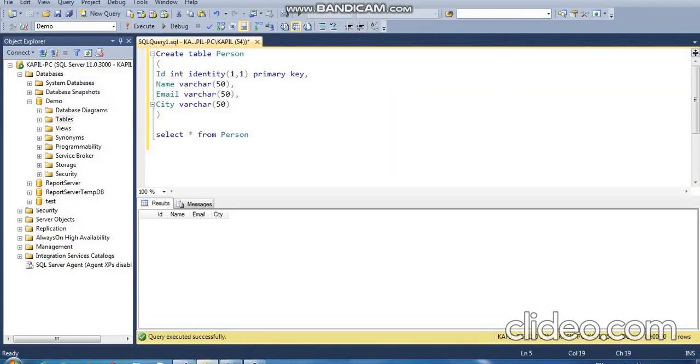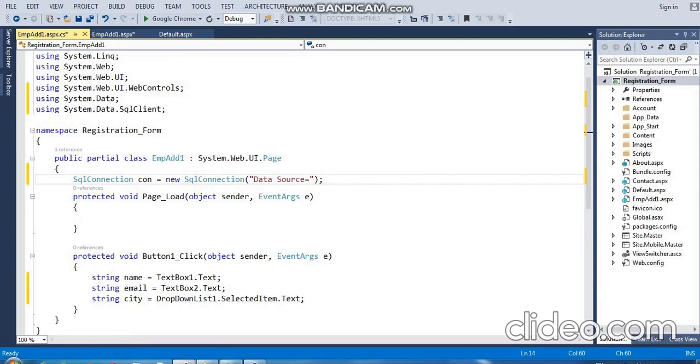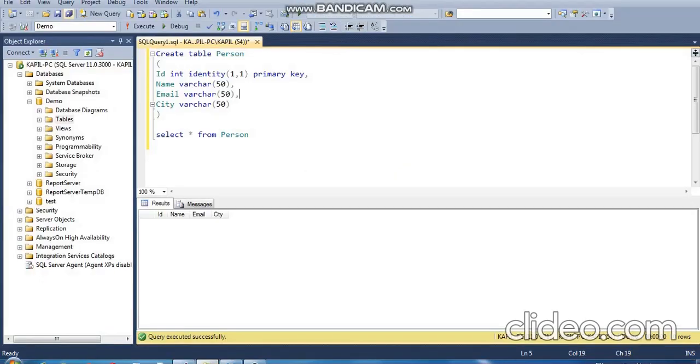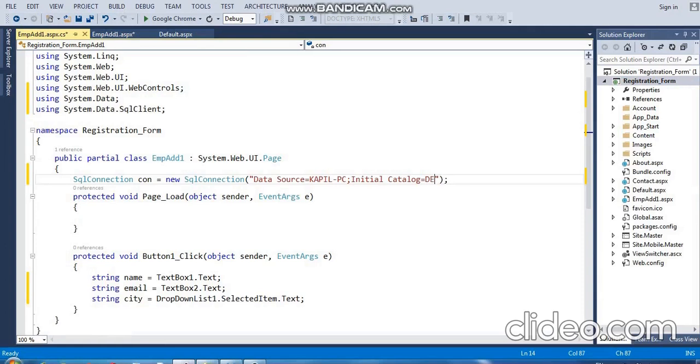Second parameter is initial catalog. Initial catalog is the name of your database. Here my database name is demo, so I will add demo over there. And third parameter is integrated security. Here I will make integrated security as true.